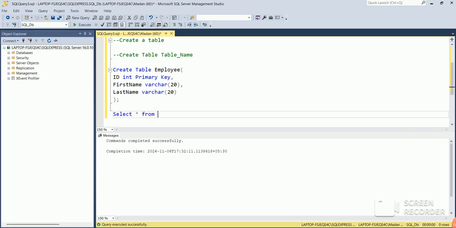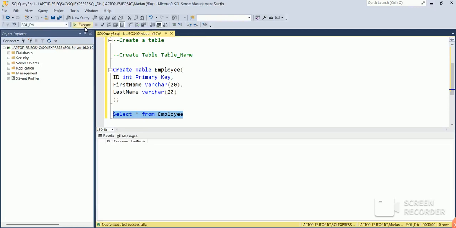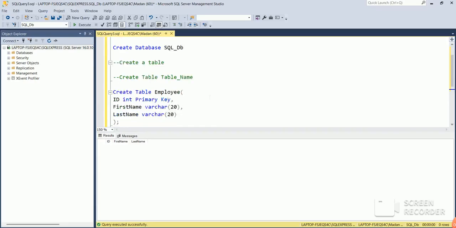For that I'm using the SELECT clause: select star from employee. As I'm currently inside the SQL DB database, as you can see in the top left corner, I am writing one query, select star from employee. As you can see here, currently there is no record, so only the column names are visible. So in this way,